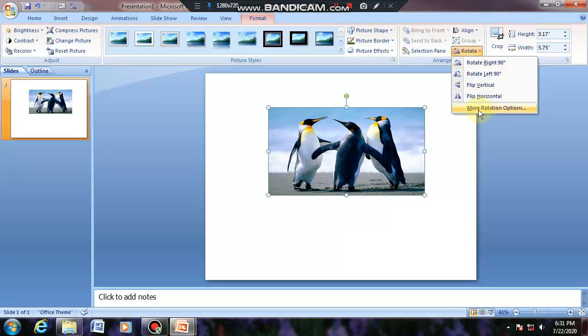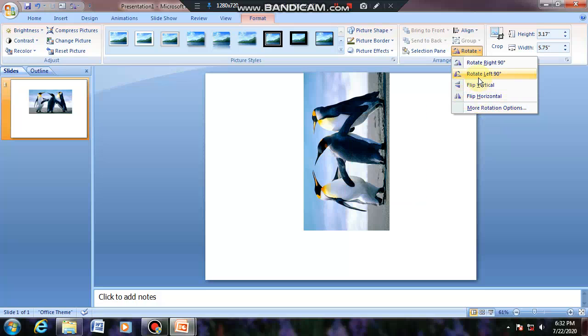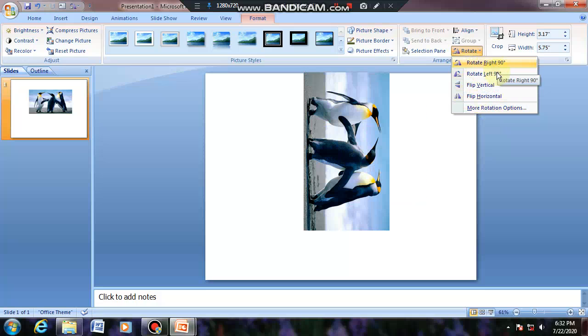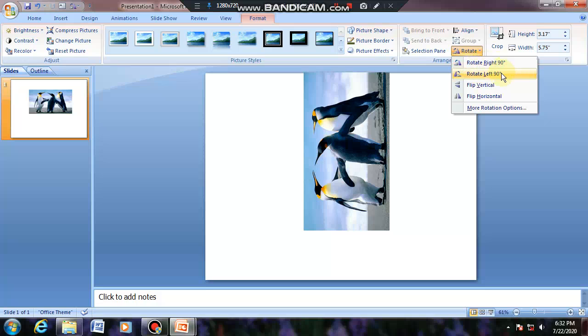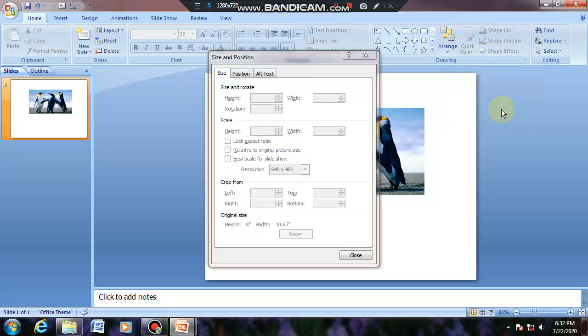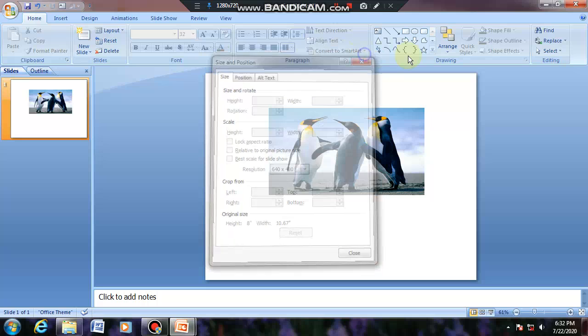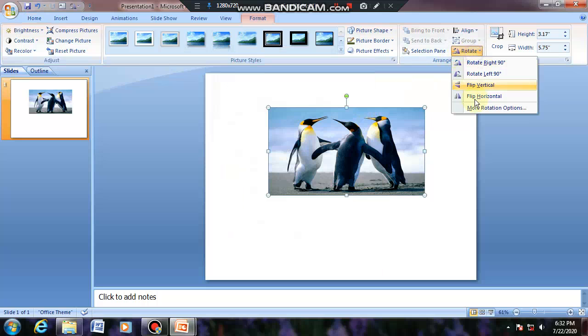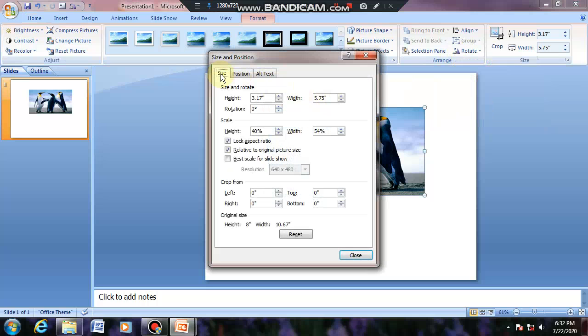I want to add more rotation options. I want my picture to rotate at a 60-degree angle. So how can I do it? Because it has only two rotations, left and right, of 90 degrees. I want to rotate my picture to 60 degrees, so I will use more rotation options. Click over here. Click on more rotation options.